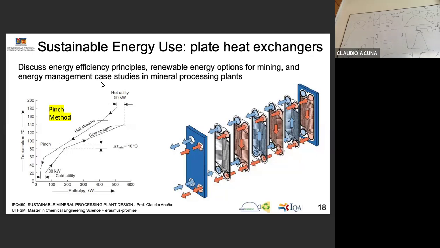That's it. So for us, it's very easy. For example, since you are minor metallurgical engineers, in the electrowinning process, you have